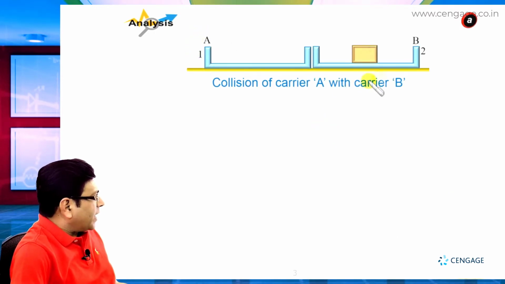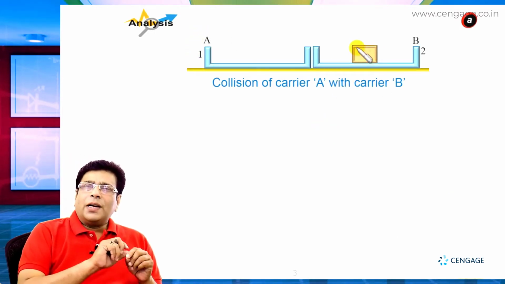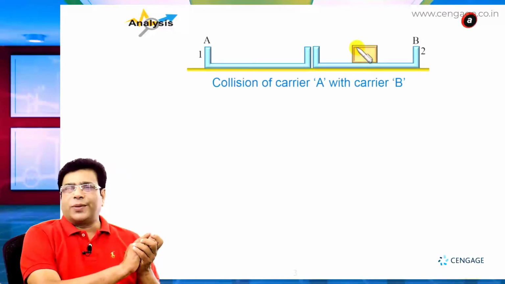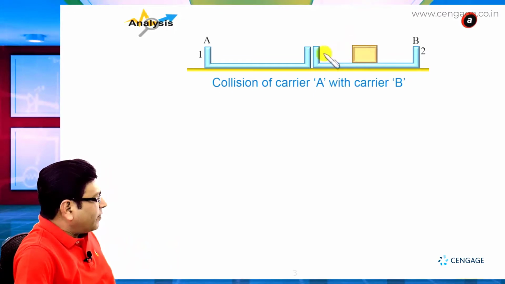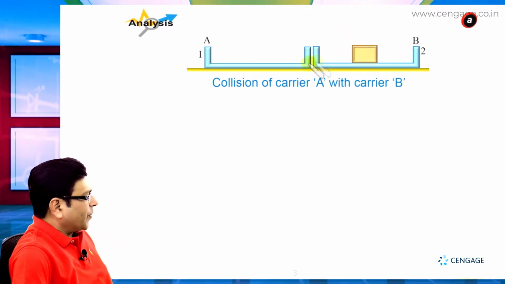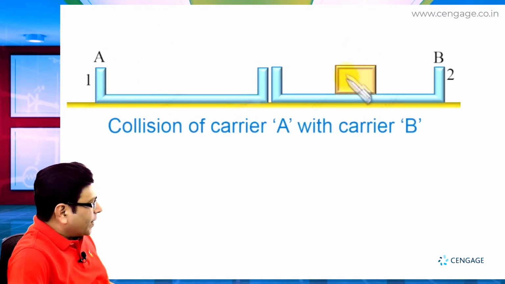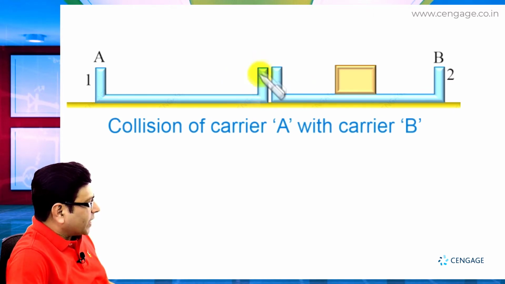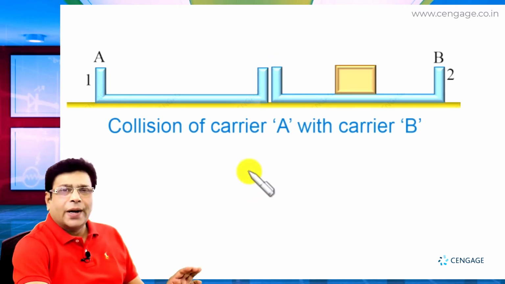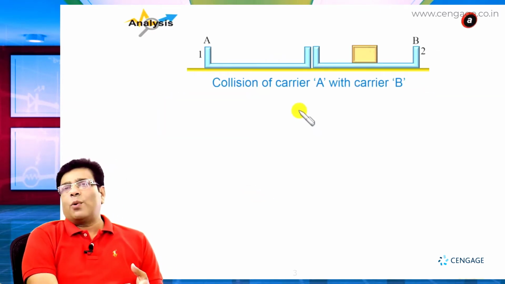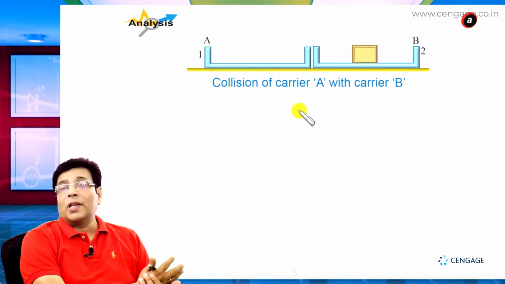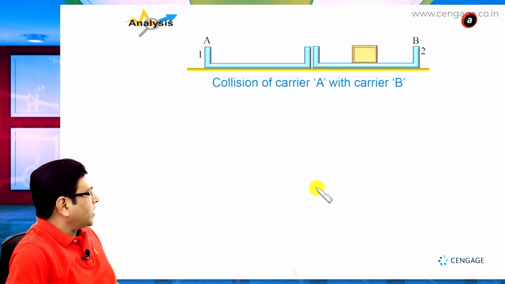If we take both carriers as a system, you will find there is no external impulse acting on the system, because during collision the impulse between these two carriers is internal to the system, right? And there is no friction. That means at the time of the collision this suitcase will remain at rest with respect to the ground, and during collision there will be impulse only between the carrier walls, that means the right wall of this carrier and the left wall of this carrier, right? So we can conserve the linear momentum in absence of external impulse acting in the horizontal direction. So let us conserve the linear momentum.